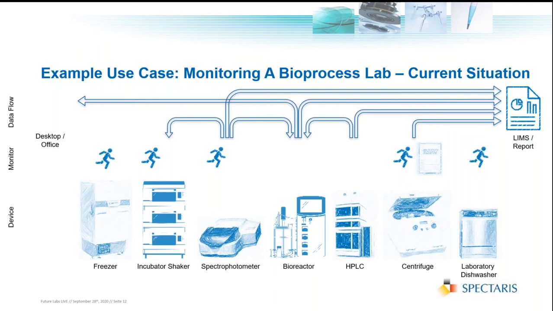So what the person has to do in the lab, for example, is to get his sample in the beginning, his strain from the freezer. The strain needs to be incubated in an incubator shaker. He has to take samples to see what is going on in these shake flasks in a spectrophotometer. When all is going well, this pre-culture gets transferred into a bioreactor. Again, more samples are being taken, maybe analyzed with HPLC. When the process is finished, the